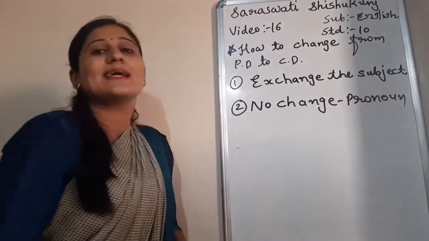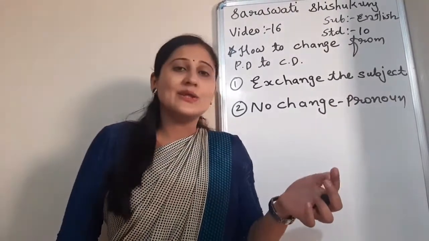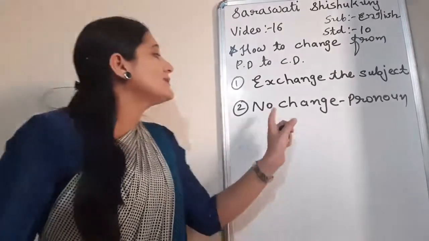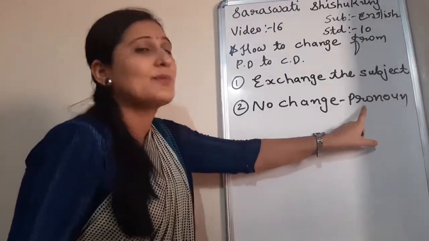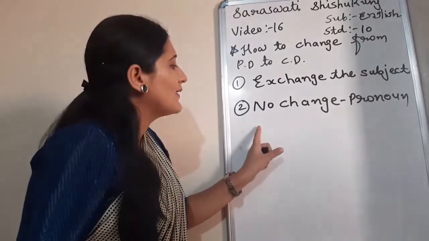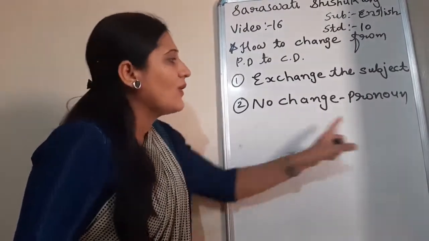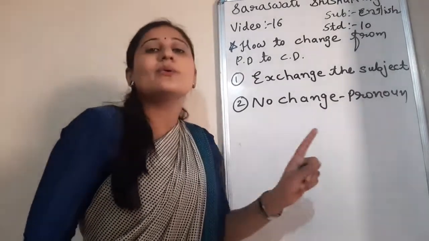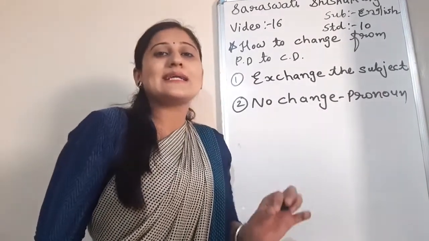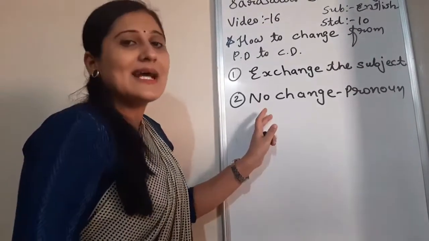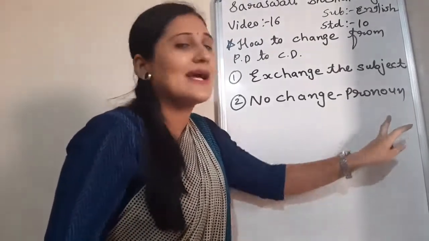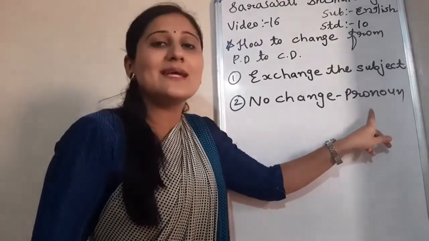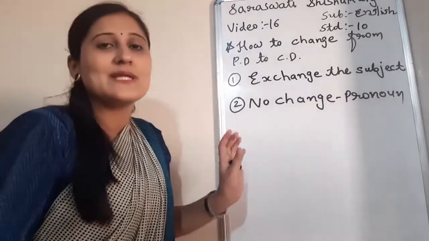You know there are 7 pronouns: I, we, you, they, he, she, it, right? So out of the 7 pronouns, if a pronoun is given in the form of subject, I, or she, then no need to change like active passive. It means you will write I then I, she then she. No need to change if the pronoun is given in the form of subject, right?